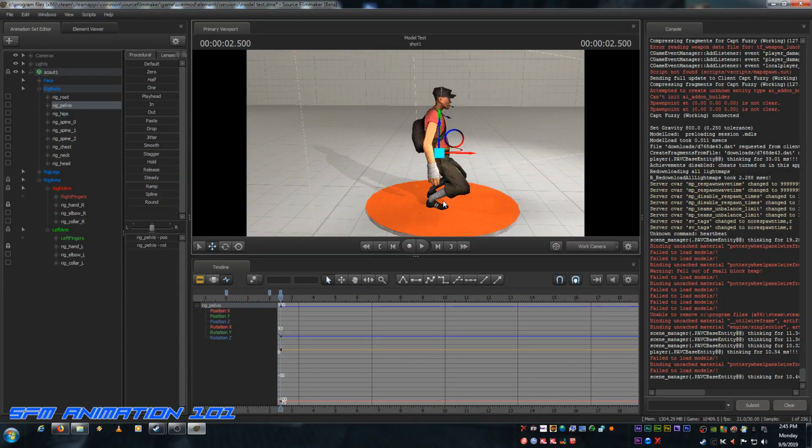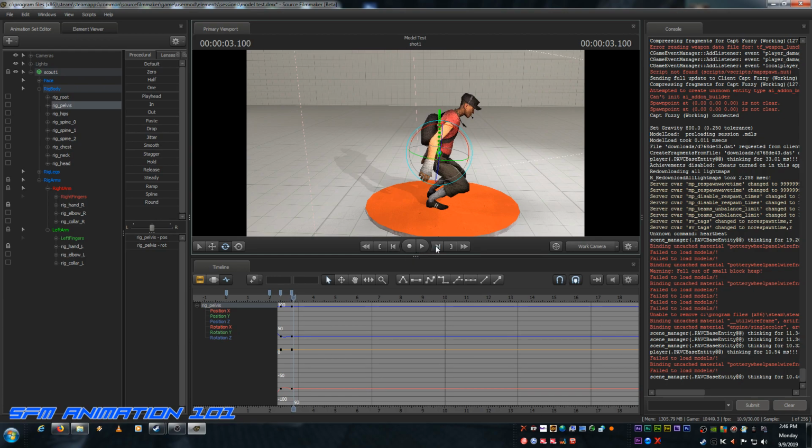Now, of course, people don't crouch with their back completely straight and all of that kind of thing. So when we get to this point, we also need to adjust his back. So we're going to tilt his pelvis forward a little bit, and we're going to have him in that position right there. And then we're going to move forward about another half second, up to about 3, and then we're going to put another keyframe,